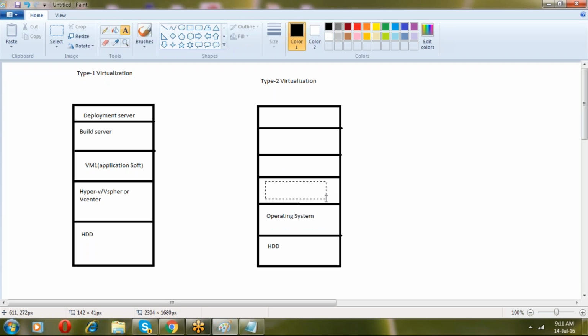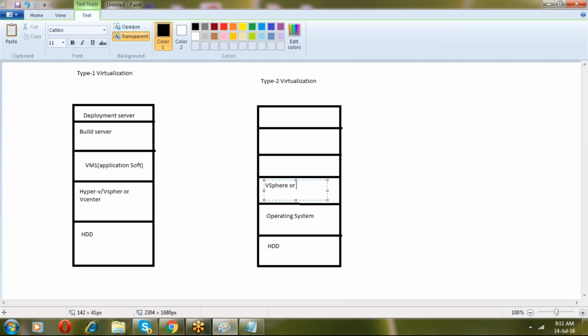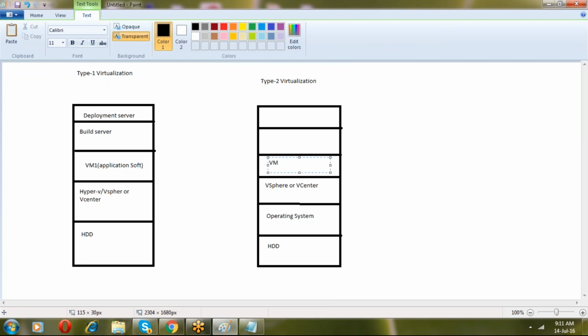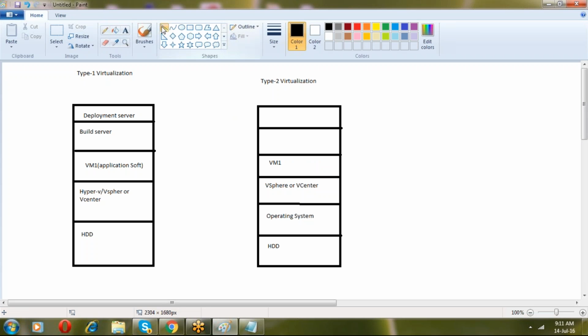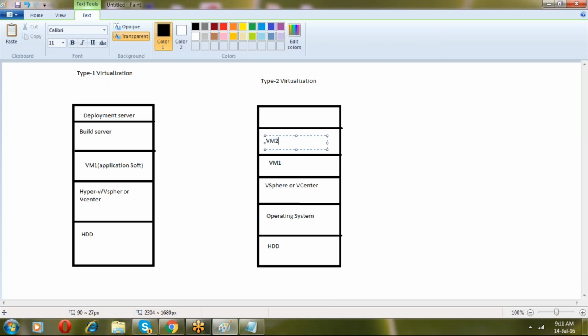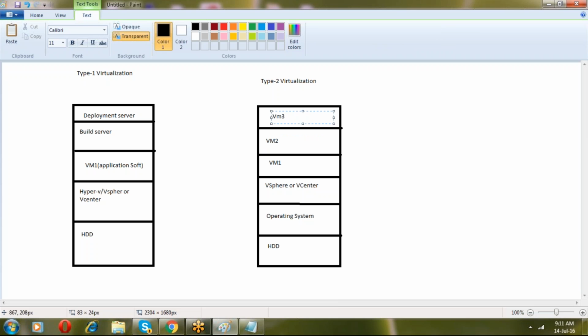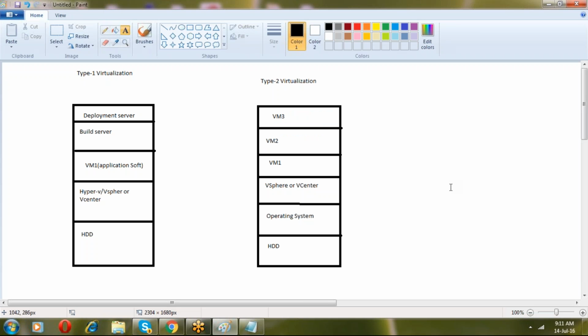On top of the operating system I'll install vSphere or vCenter. From here I'll create a number of virtual machines, VM1, VM2, VM3. Okay, so this is known as type 2 virtualization.